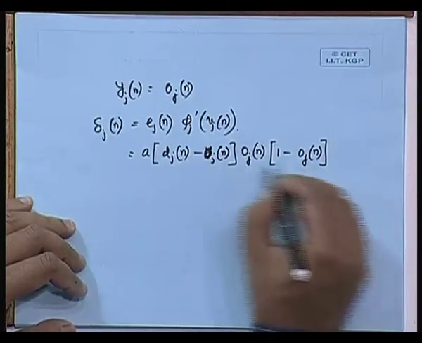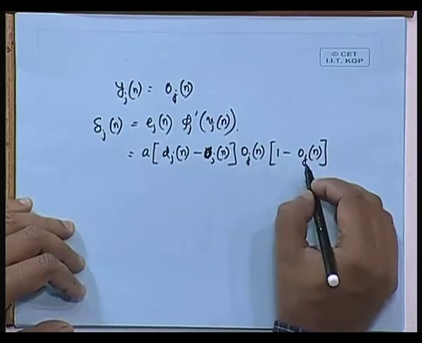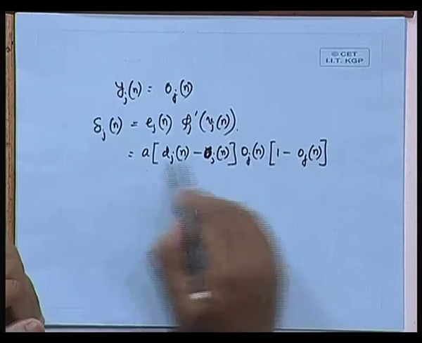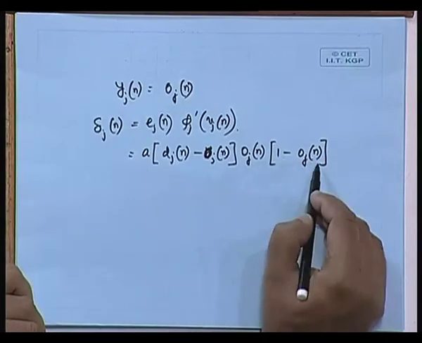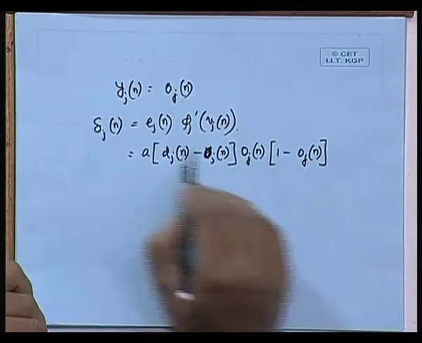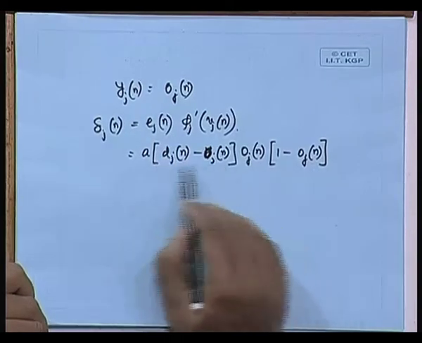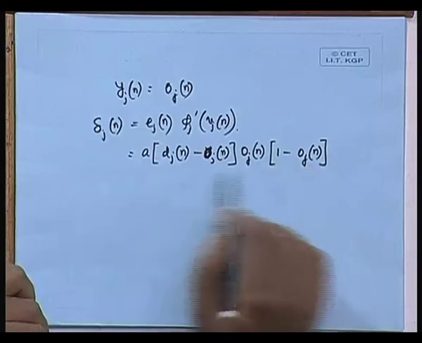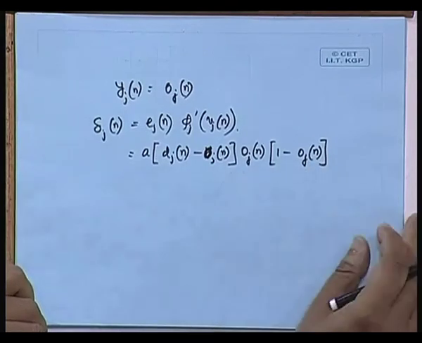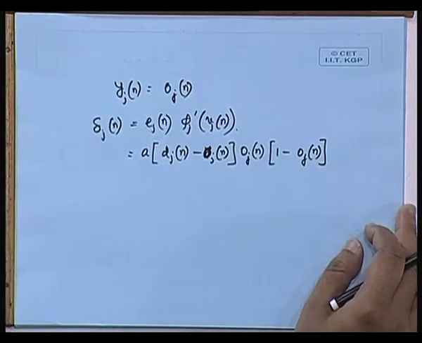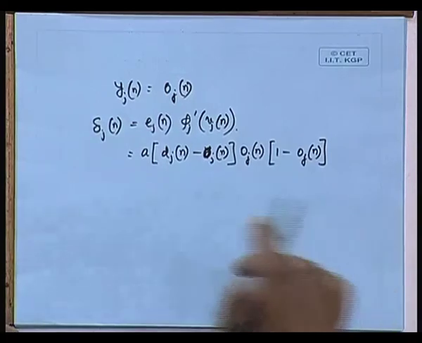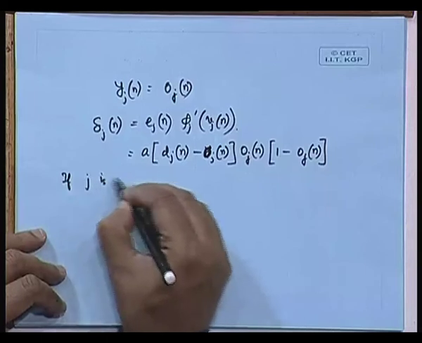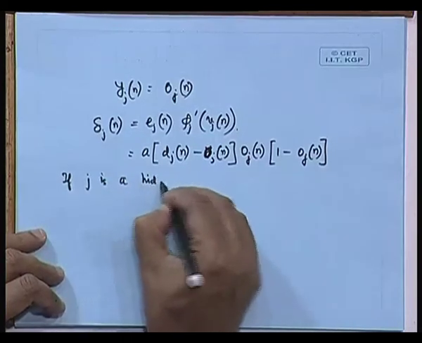So, this is the phi dash j term that we are writing. In fact, phi dash j will be a times oj n into 1 minus oj n, and ej n is going to be dj minus oj n. So, what we have got is the correct expression for delta j n, that is the local gradient. And if j is a hidden layer neuron,